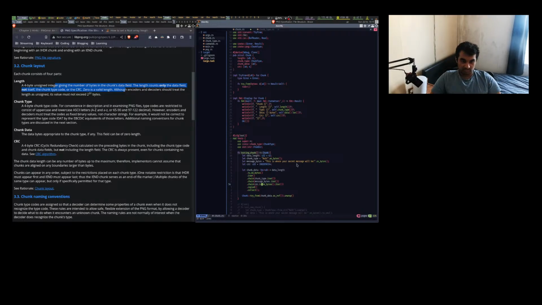And then I know that's a vector and that's a U8. I get just a U8, right? That's 4 bytes, whatever bytes, and then 4 bytes, right? So, number of bytes in chunk's data field. The length counts only the data field, not itself, right? So essentially, I know that